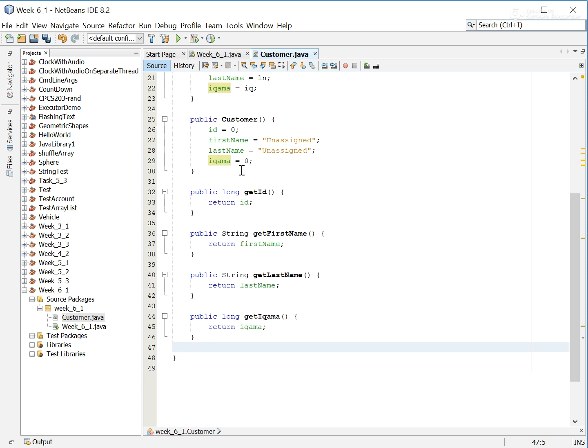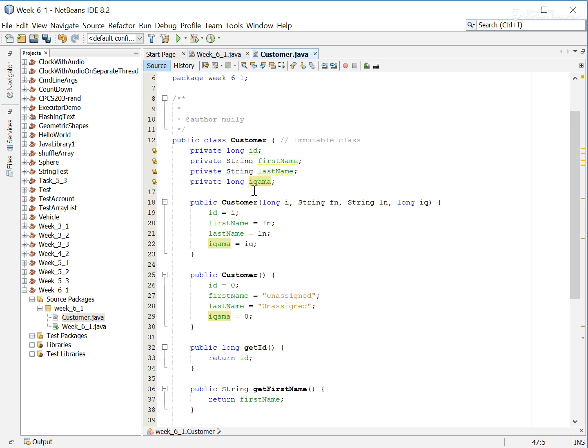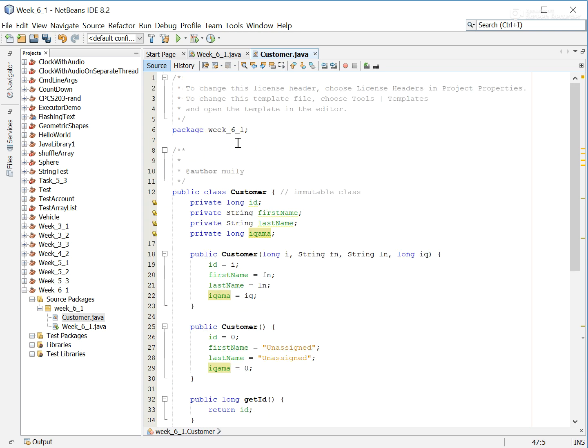And since this class has only get methods, no set methods, this means that once the object is created, I have no way of changing these data members of the customer class. This makes the customer class that I made here an immutable class. That's basically it. That's pretty much almost all about